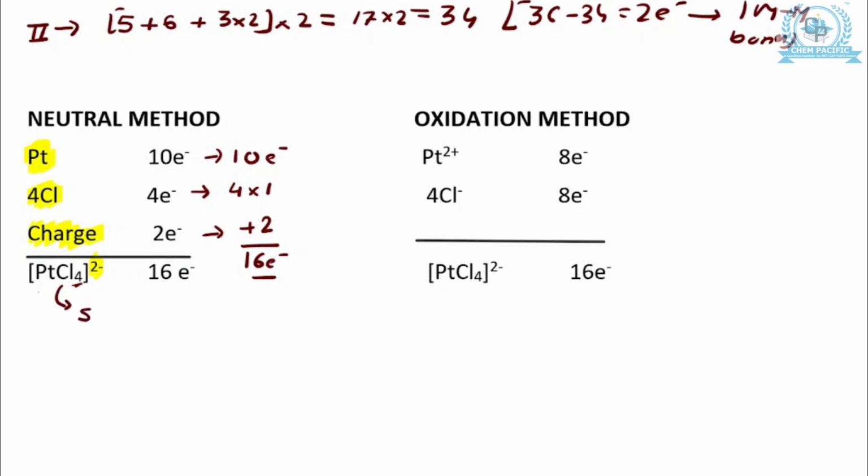Since it is a square planar complex, this definitely obeys the 16 electron rule, and I have beautifully explained what we mean by the 16 electron rule, what is the 18 electron rule, and when the complexes obey the octet rule. That I have already explained in my lecture number 1, and do watch it so it will become more clear to you. Now whenever हम ऑक्सीडेशन स्टेट कर रहे हैं,